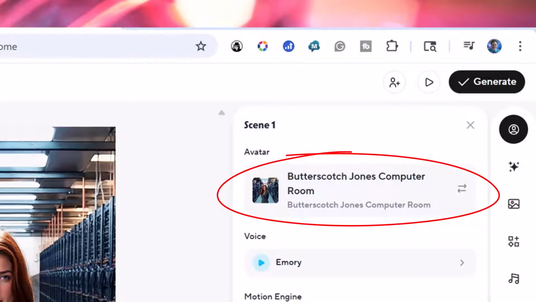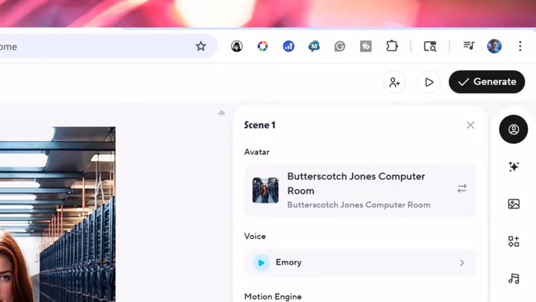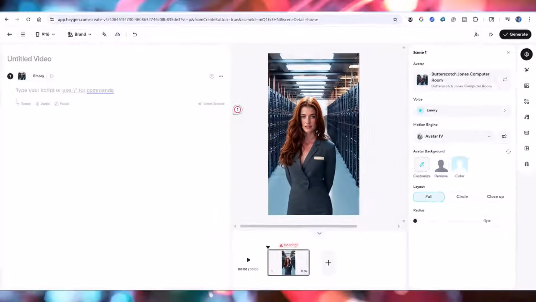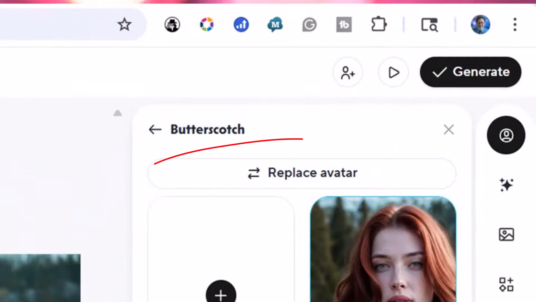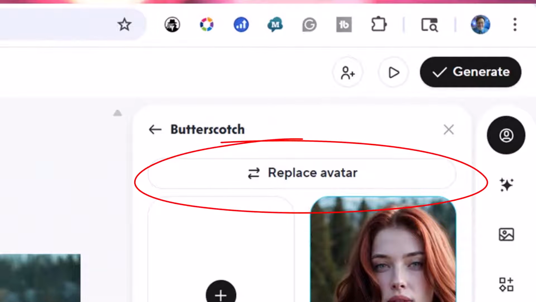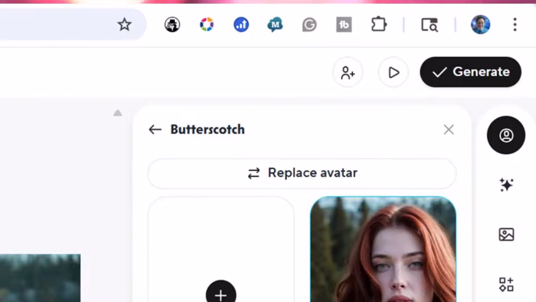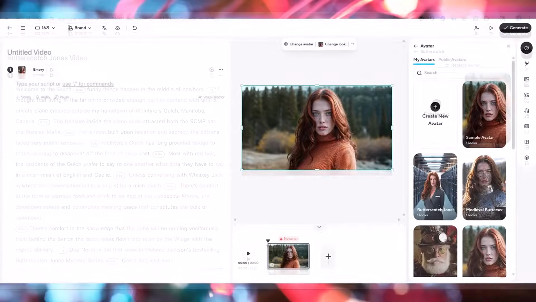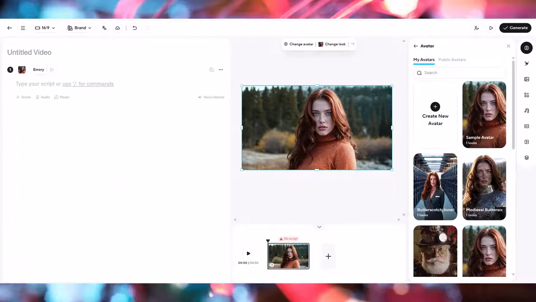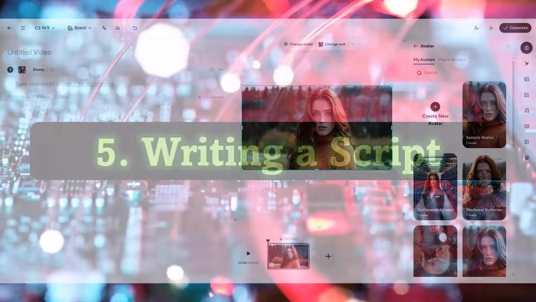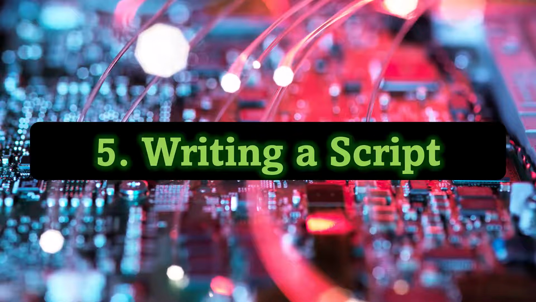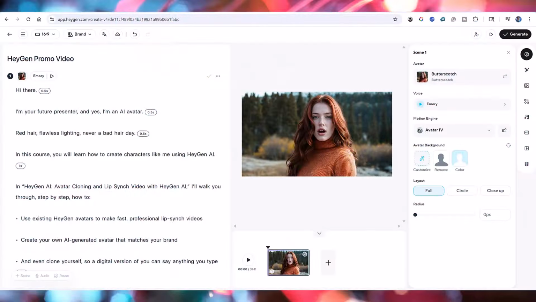That's the avatar that I'm currently animating. And when I click on that, I will be given the option to replace avatar. Now, once I do that, then I just double click on my new sample avatar, and she becomes my spokesperson. Now, the next step that we're going to have here, notice she's now in widescreen, and we have our character,